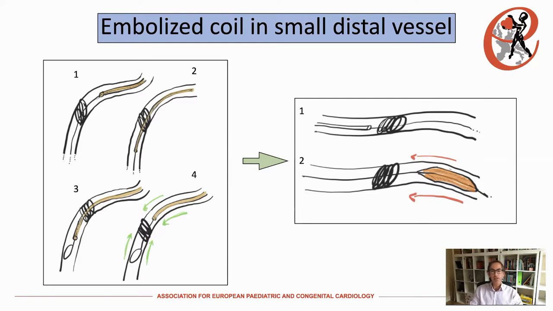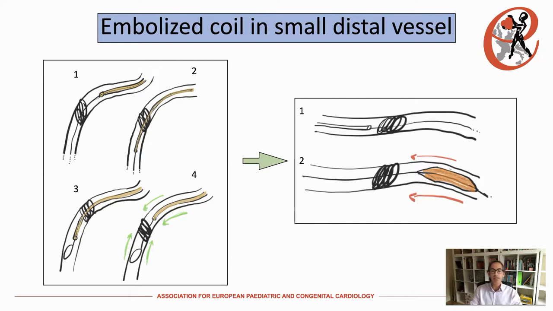If this doesn't work, another option is to try and move the coil into a bigger arterial branch or venous, but usually arterial branch, where you're going to have more chances of snaring, like shown on the right diagram. To do this, advance and pass the coil with a microcatheter, for example, and advance a coronary wire over the microcatheter, then remove the microcatheter and advance a coronary balloon over the wire with a similar diameter of the vessel distal to the coil, then inflate the balloon and pull the balloon back carefully, making sure the coil is also